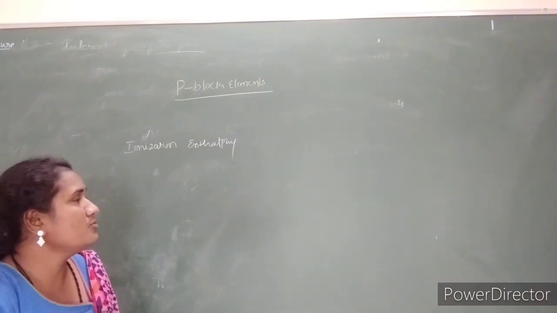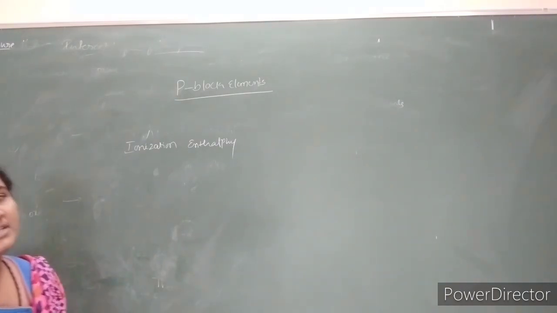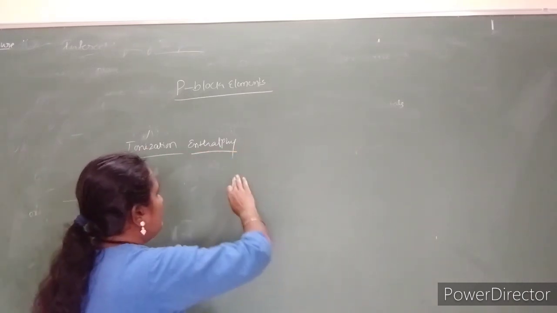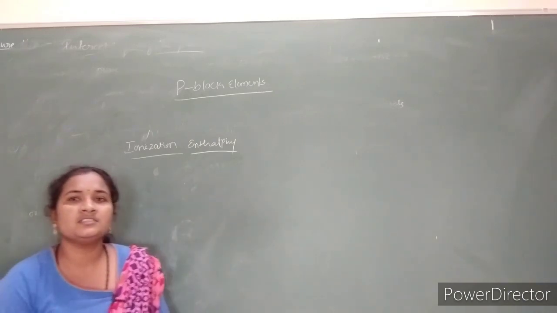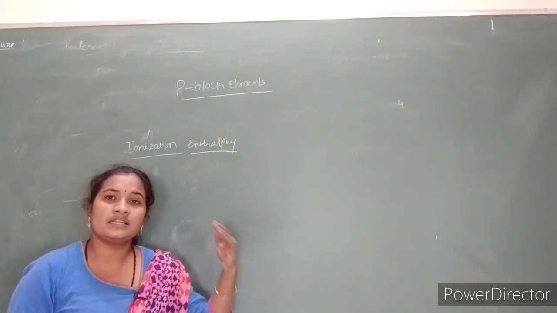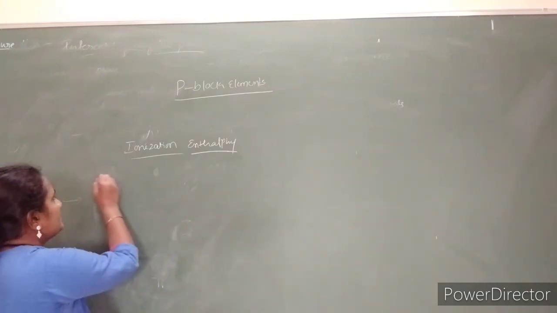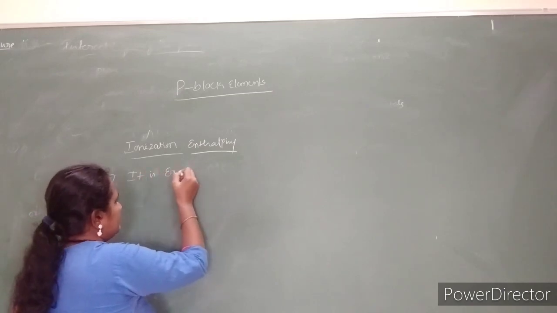As we move down the group, the ionization enthalpy would be expected to change, but in the case of these elements it is different. In the s block, group 1 and group 2 elements, the ionization enthalpy goes on decreasing as we move down the group, but here it is expected to be decrease,